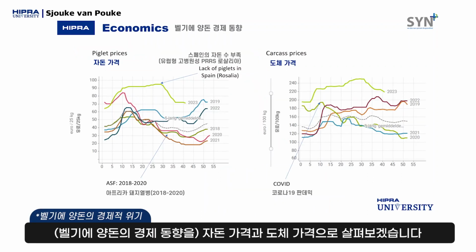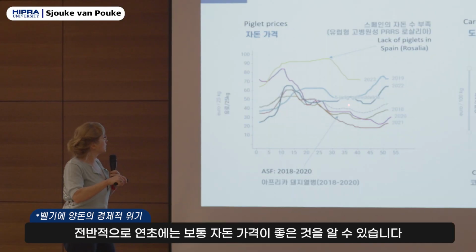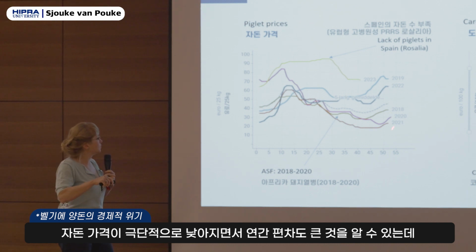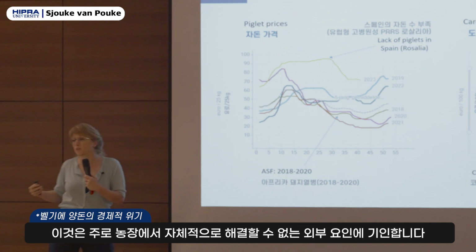And so if you look at what it means in terms of piglet prices and carcass prices, I have brought you here an overview of the price per piglet, 25 kilogram piglets, let's say over the last 6 years. So if you look over a period of time, what you can see clearly is that at the beginning of the year, averagely, our prices are higher, so that's the good thing. However, if you look over the last years, what you see as well is that prices have been extremely low, quite varying as well, and quite often due to external factors that, as a farmer, there is not much you